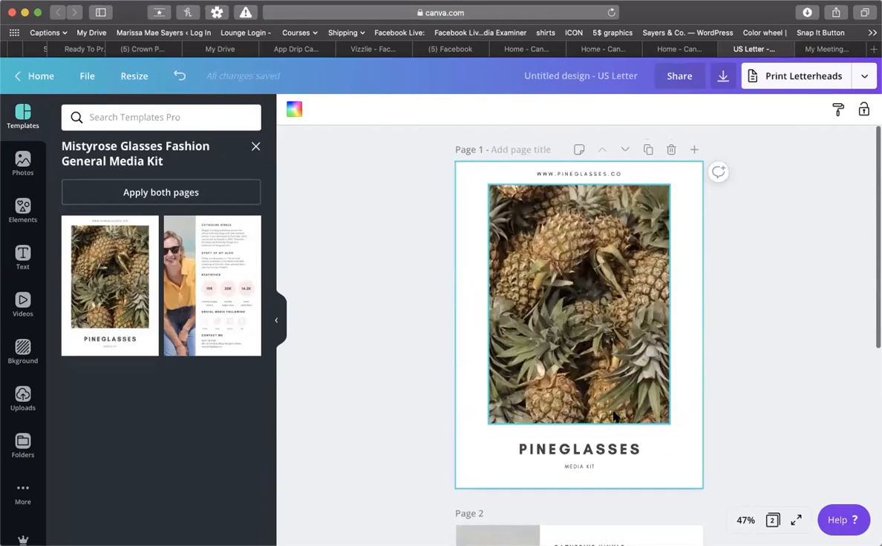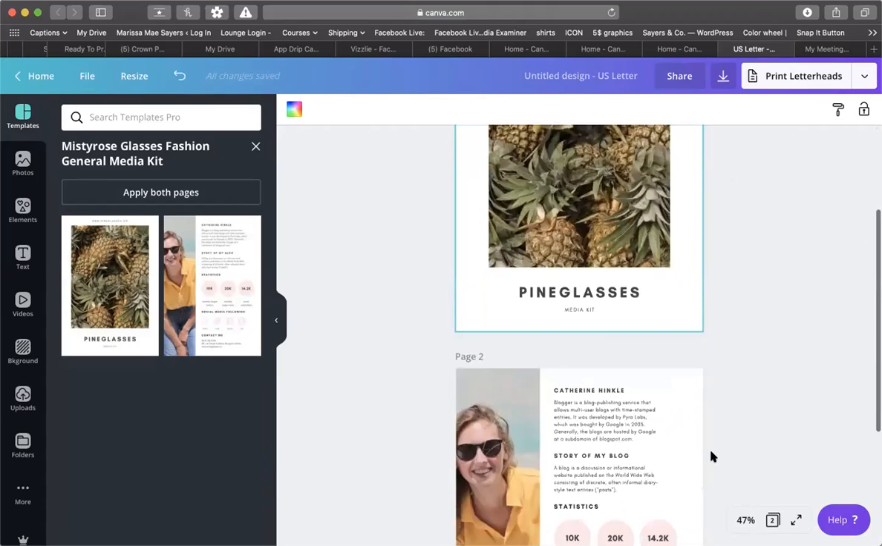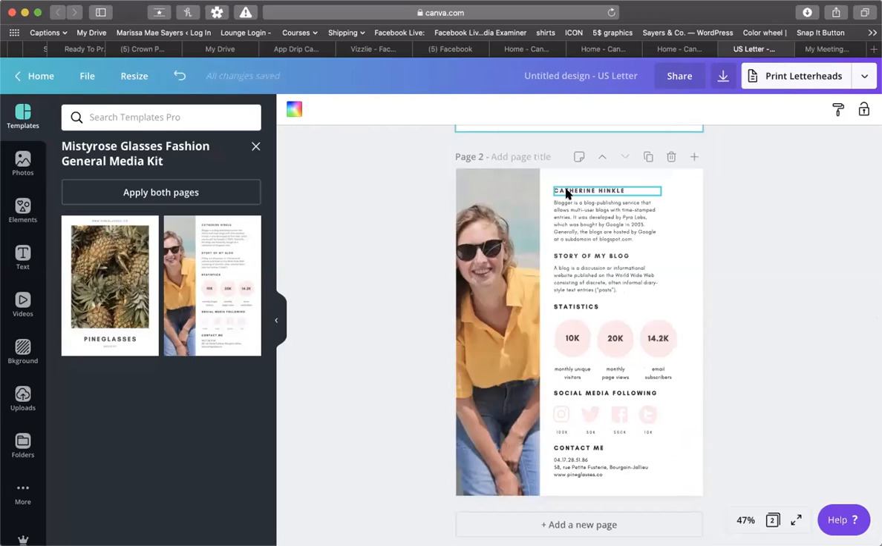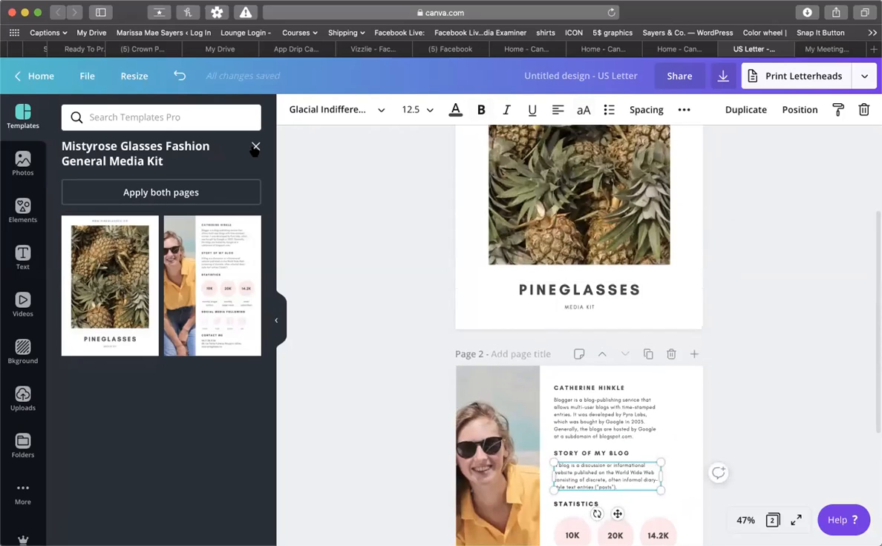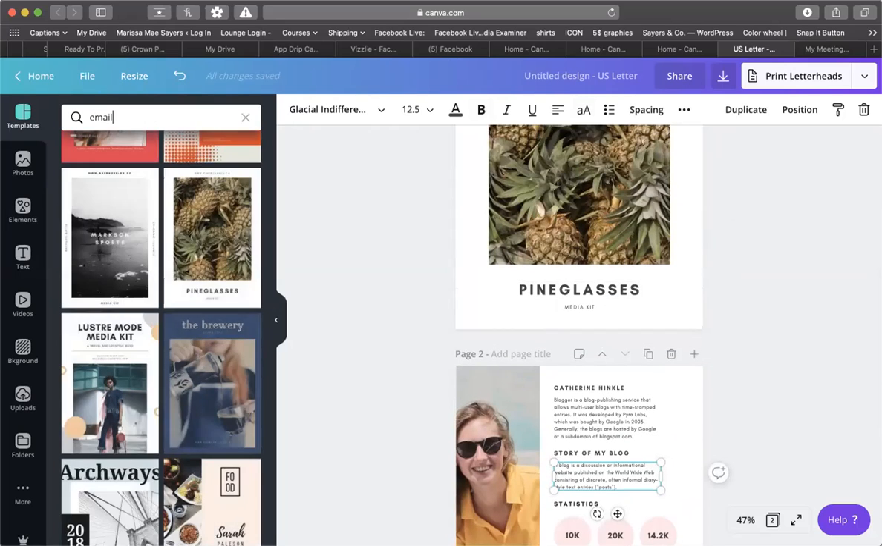So for those of you who are trying to grow a personal brand and wanting to do personal branding and paid ads and stuff in the future, you'll need a Media Kit. And here is literally an example of what you need to do. You need to put your name, a little blurb about yourself, a story about your blog, and then your statistics. So how many monthly unique visitors do you have? How many monthly page views? How many email subscribers? And your social media following and your contacts. So it literally even gives you ideas of what to do